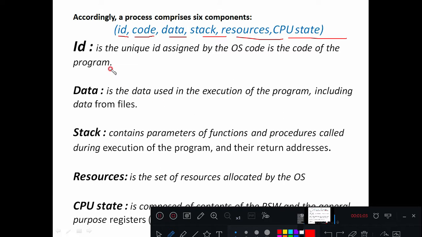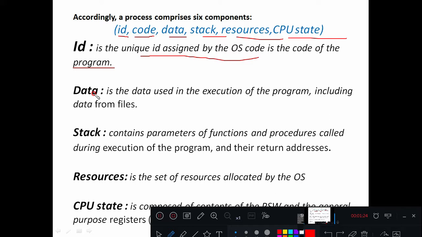The first one is identity. It is a unique ID assigned by the operating system to the code of a program. I can also use program and process interchangeably. So it is a unique number given by the operating system to a program or a process.